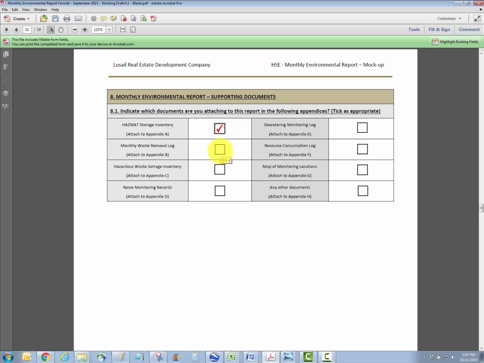Monthly waste removal log. Yes, we're going to attach that. Hazardous waste storage inventory. Yes, that will be attached. Noise monitoring records we will also attach. Dewatering monitoring log will be attached also. Resource consumption log, yes, we're going to include that. A map of the monitoring locations, yep, we're going to add that. And then any other documents,